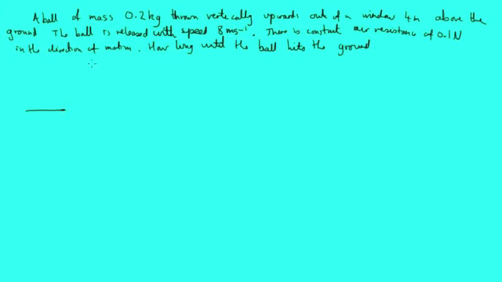This is the windowsill, and here's our ball, and this is on the way up, so it's thrown up into the air, and we need to define up. We need to define firstly the direction of motion. So what way is going to be positive? So up is going to be positive,